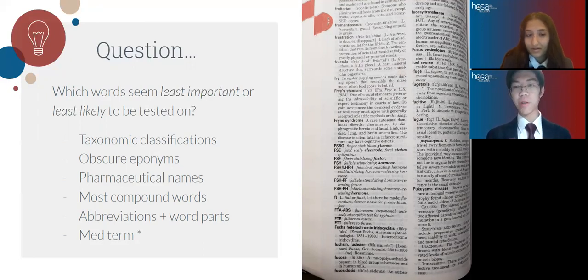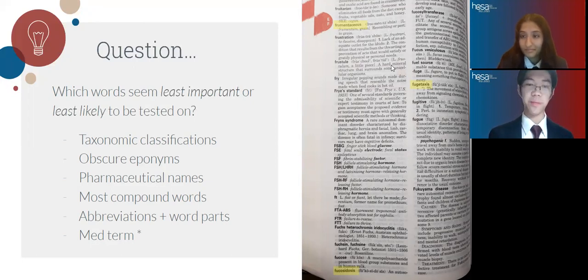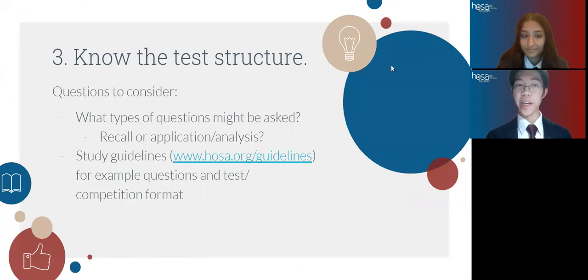And so once you ask these questions, I look back at this and I scan this, and I can just say the 3 most commonly likely to be tested words here are probably going to be fermentaceous, fucosidosis, and the last one on the right is fucotaxis. So really the takeaway from knowing what's most likely to be on the test is just contacting former competitors, people who have taken the test, and knowing what best to study so you're not wasting your time, just like, again, with knowing your resources. And finally, it's knowing the test structure.